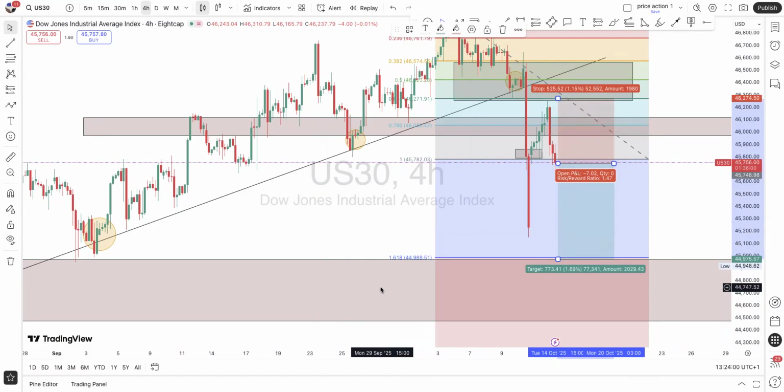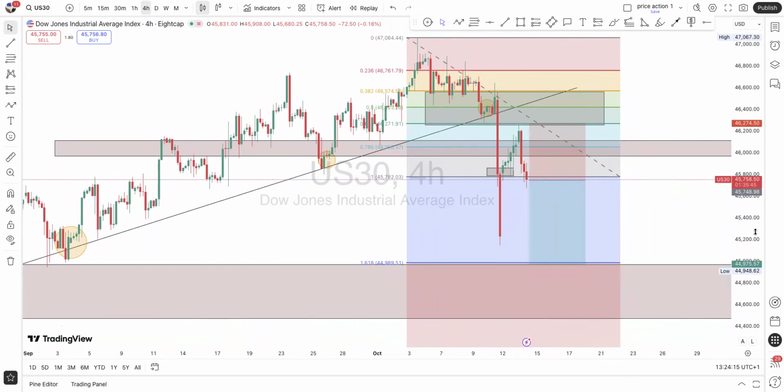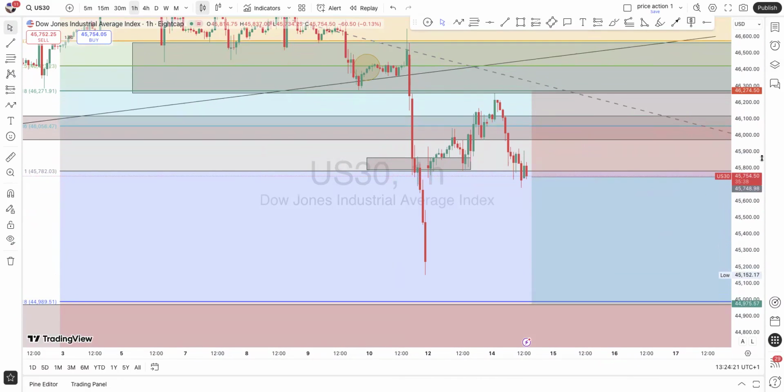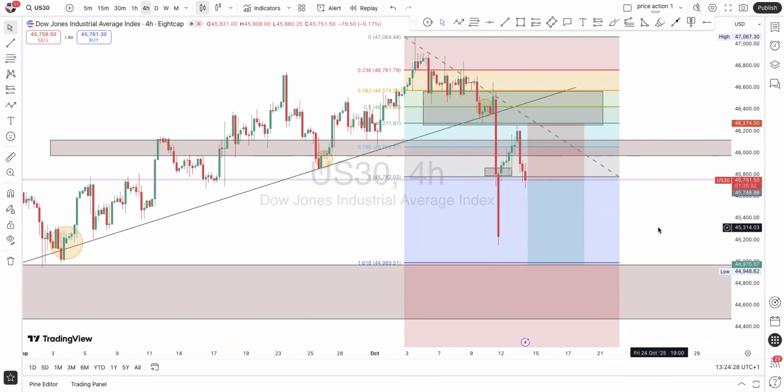And guess what? I'm going to be entering with a very huge lot size and risking about 5% on this US30, because it's going to be crazy, and I'm going to be making cool cash from it. You can see how easy the analysis is and how to take advantage of the market. And this is on the 1 hour time frame. All you need to do is hold the market until you hit your take profit. As simple as that.